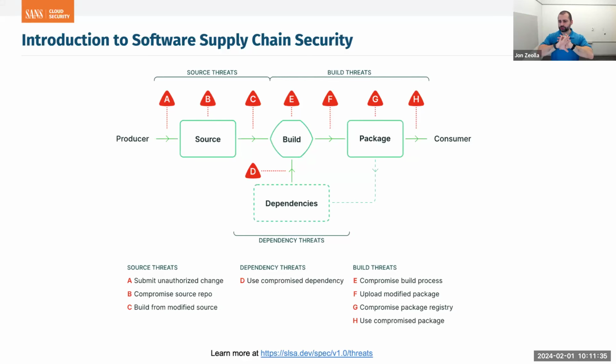The goal here is just to illustrate there are tons of different problems. The things that we're going to talk about next typically do not solve all of these problems all at once. There's a lot of matching of one technique to one or a handful of these issues, but none of them solve all of these problems. You can't just implement software bill of materials and say A through H, you're good, right?